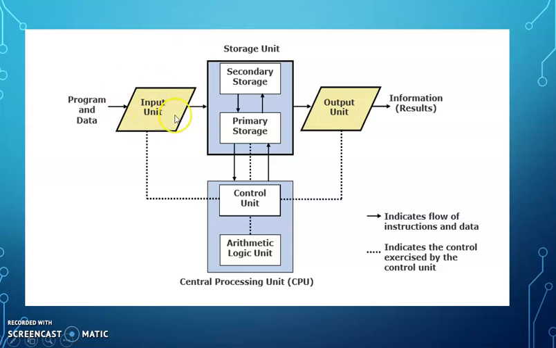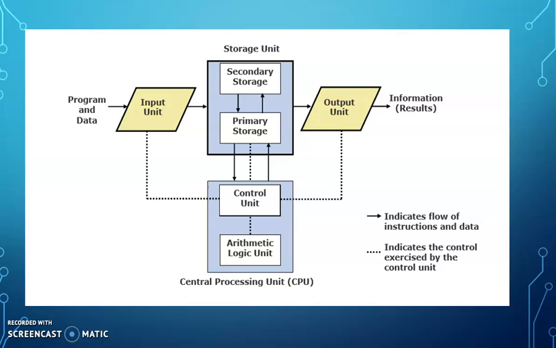Now let us see individually each unit, what all steps it is taking, what all things it is performing. When user gives some input to input unit, for example, input units most widely used are keyboard, mouse, etc. So when we as a user give input to input unit, what three tasks does input unit do? Input unit first accepts our data and then converts that data into information in computer understandable format. Whatever input we have given, input unit will convert that into computer understandable format and sends it to memory unit. These three tasks it does.